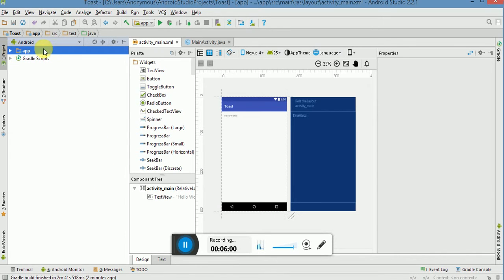As you can see, this is your app, which is purely your app core part. So we are opening that app. It will contain three further subdirectories: manifest, Java, and resource directory. Manifest directory